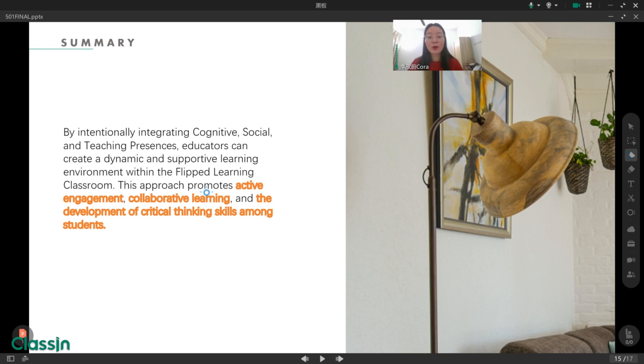It can promote active engagement and collaborative learning, and it can promote the development of critical thinking skills among students. Remember this one? Critical thinking, we have mentioned it before in the COI model.